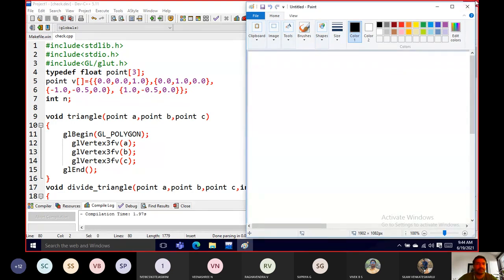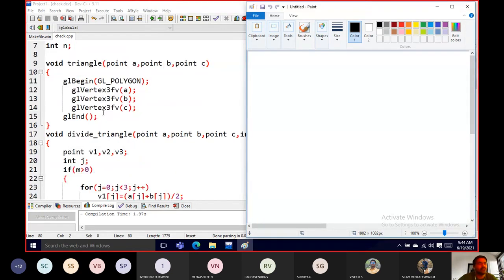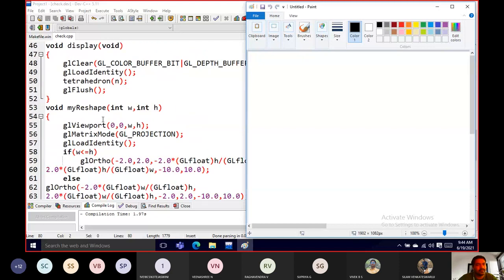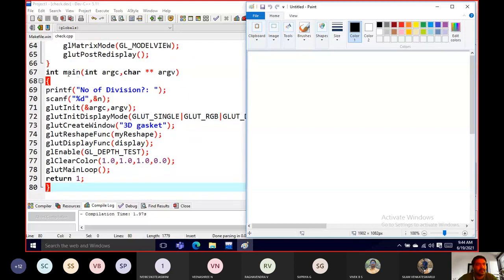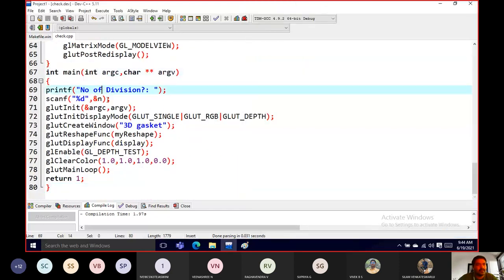So first thing is, where does the execution of a program start from? The execution of a program starts from the main method. So I have a main method here. We'll get the number of divisions from the user beforehand, because it is needed for us to calculate how many divisions we want, how do we divide it, how do we deal with it. So number of divisions is needed, followed by